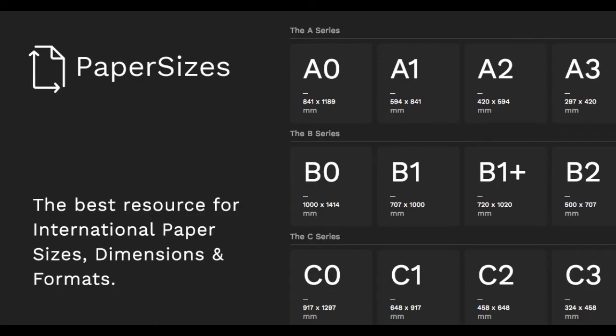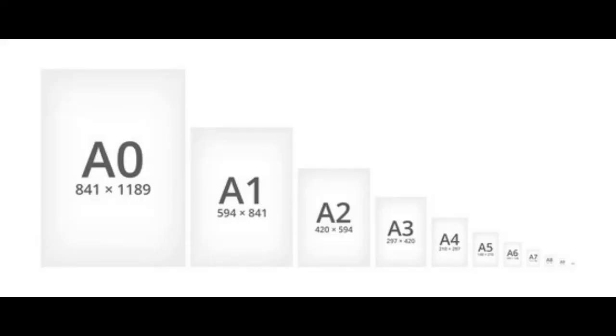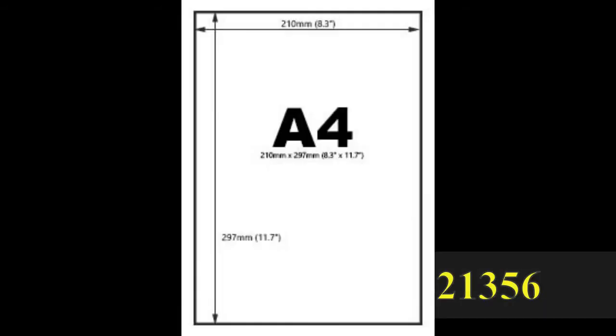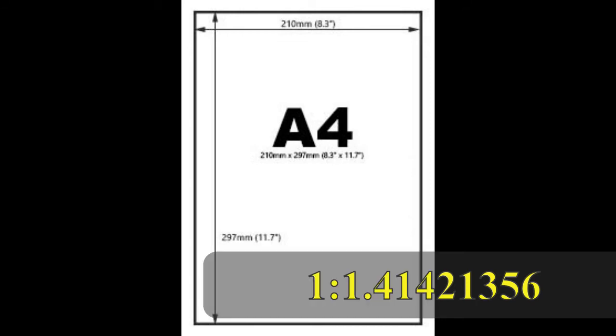There are many paper sizes like crown, demi, imperial, royal, and foolscap. But production and consumption of A size paper has grown like a boom in recent years. The first significant fact about the A size paper series is that its aspect ratio, or the breadth to length ratio, is 1 is to root 2, which is constant as well as unique.